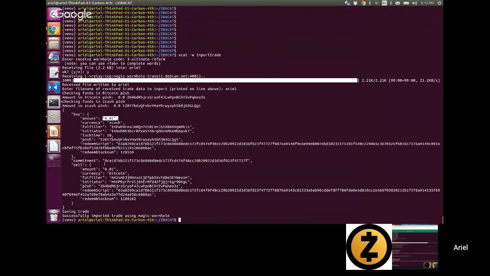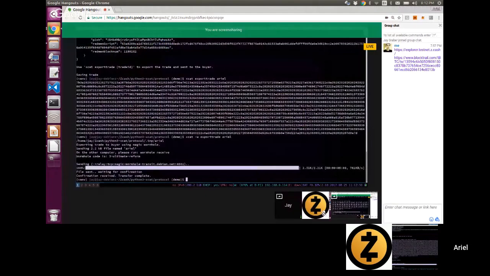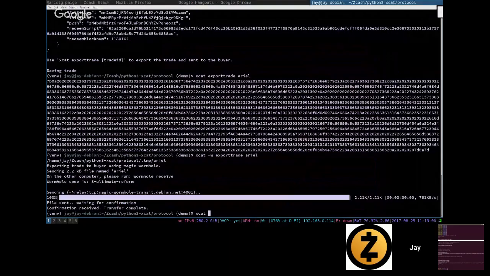You can fund your Zcash address, the Zcash HTLC. You can now create that. I think we started with Bitcoin this time, but. Oh, so you're selling Bitcoin? Yeah. Let's see. Hang on. So what I'm going to do to check is, you're selling Bitcoin. Yeah. What I'm going to do to check this trade is